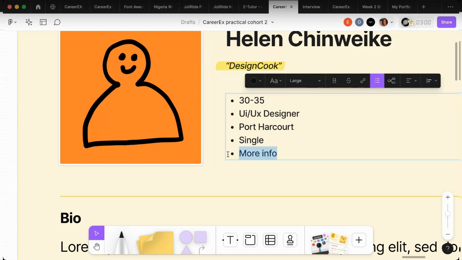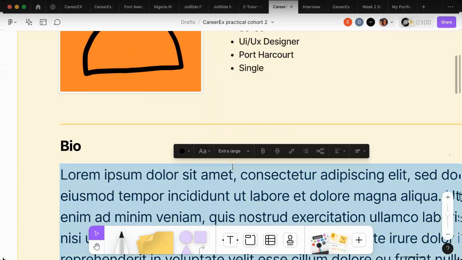So do I have any other information to add? I don't think so. So I can just take it out and just leave it this way. And then I'm going to proceed here and then write